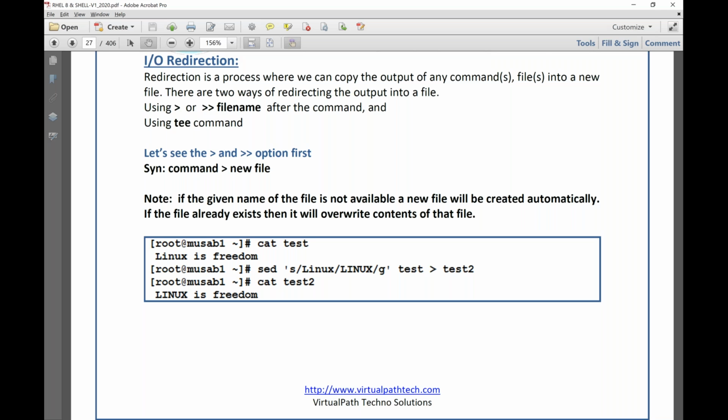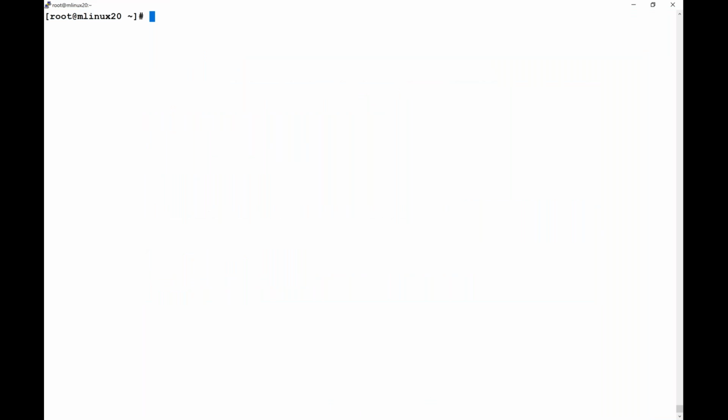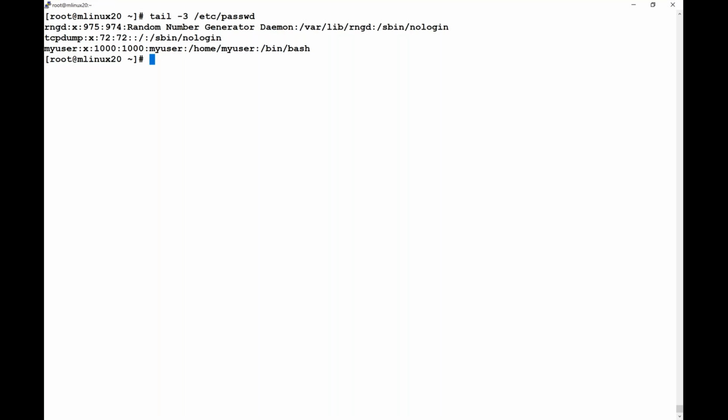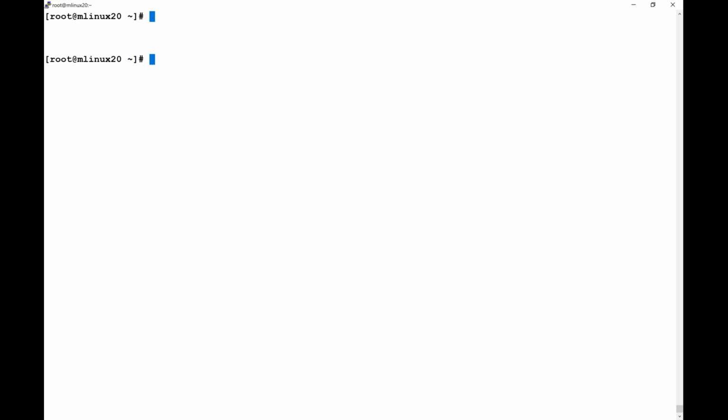For example, I just used a command called tail. I'll say tail hyphen 3 /etc/passwd. Now I'm not interested to see the output. What I want to do is from this output, I want to create a new file. To create a new file with that output, you can use greater or double greater symbol. So I'm telling tail command that whatever output is being produced, send this output to a file called out1, whatever